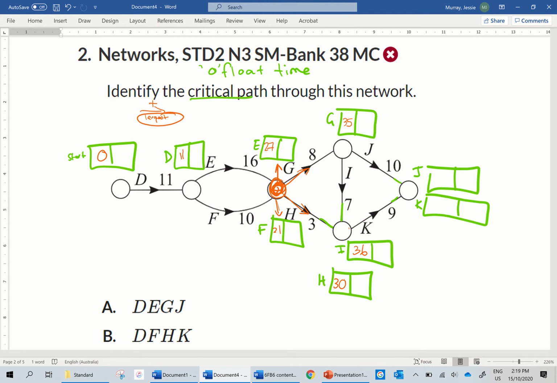Again, I've got two options now to press forward to K. I take the biggest one out of H and I, which is I's, and I plus, which gives me 45 here. 35 plus 10 also gives me 45. So now, backward scanning,